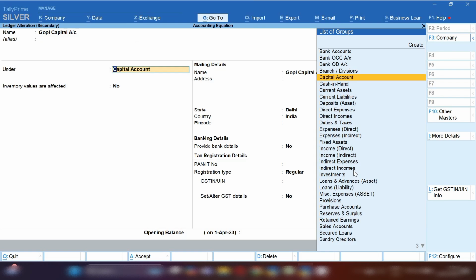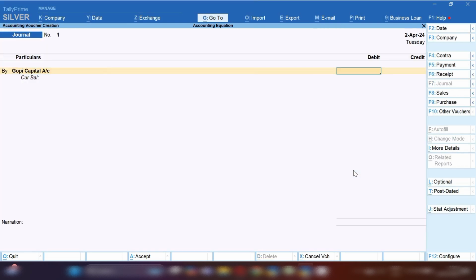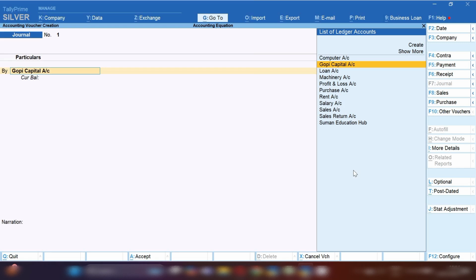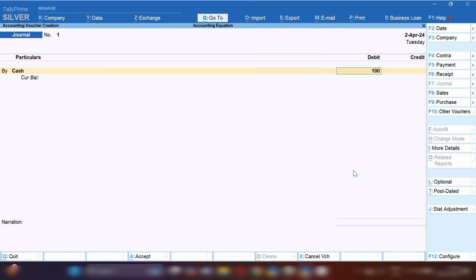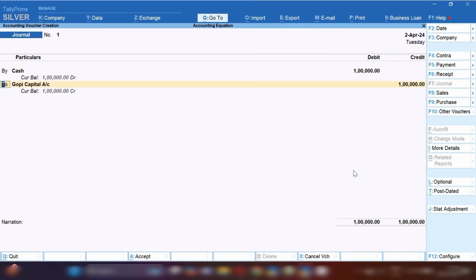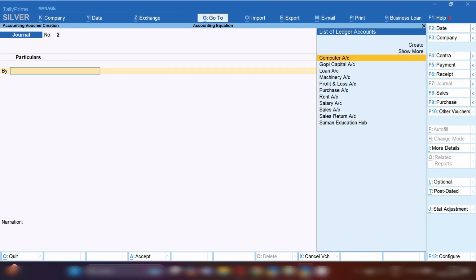So here business has been started in cash. Gopi brought cash for starting the business, so cash ledger will be debited and the capital account will be credited. Cash account will be debited with rupees 1 lakh and Gopi capital account will be credited with 1 lakh rupees. In narration, you can mention business start with cash 1 lakh rupees. Next entry is